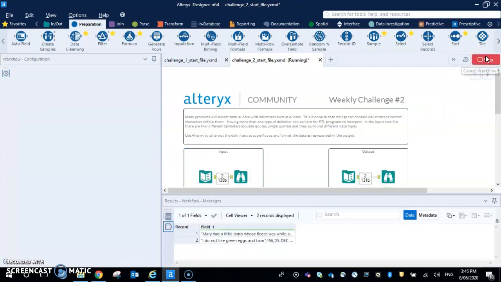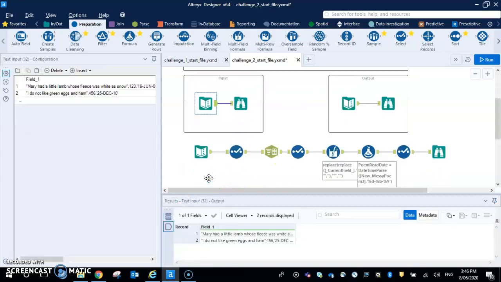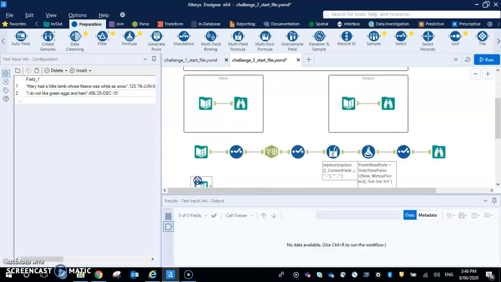Let me run this workflow first. Okay, so now we have two lines here. As you can see, the first section was surrounded by double quotes, comma, and then there's 1, 2, 3, and then the date surrounded by single quotes. Same here, so double quotes surrounded the I do not like green eggs and ham, and then the dates surrounded by single quotes. So now we need to, I have already done the workflow, so I will run through this